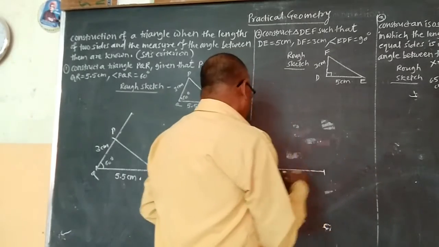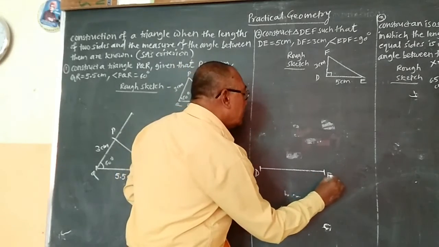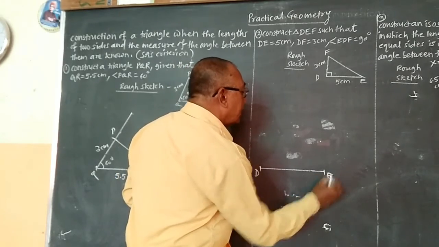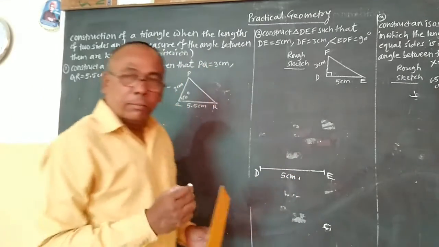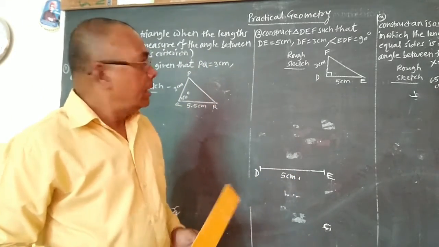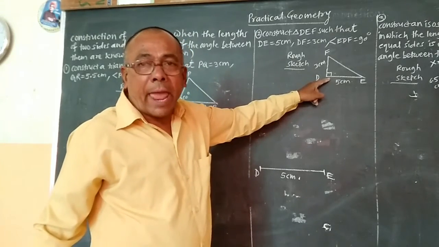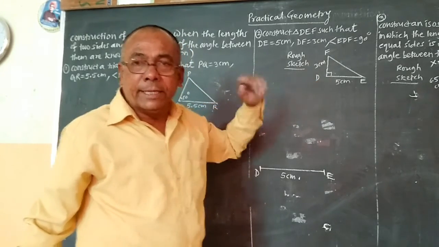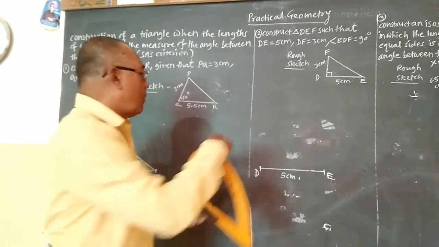So here DE is the side or the line segment of the length 5 cm. Now here at D we have to draw an angle of 90 degree. So I will put the protractor on point D,